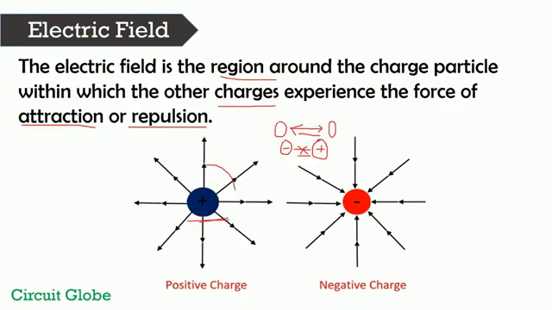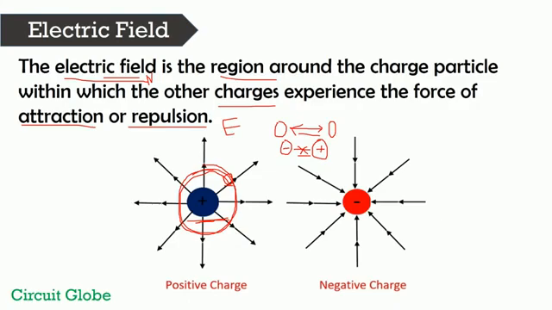Some kind of force are present around the charge, and if we are placing any other charge in that field, so that charge experience the force of attraction or repulsion. So the force that induces because of the magnitude of the unit charge, that force is called the electric field. The electric field is represented by the imaginary line, and it is represented by the symbol capital E. As you all know that electric field apply the force on the charged particle, and hence because of this reason the unit of the electric field is Newton per Coulomb, which is equal to the volt per meter.